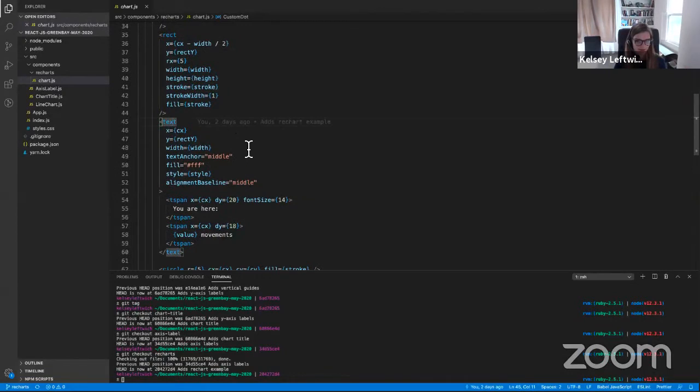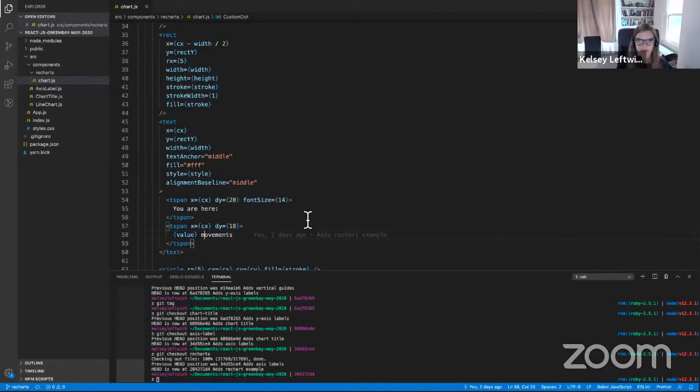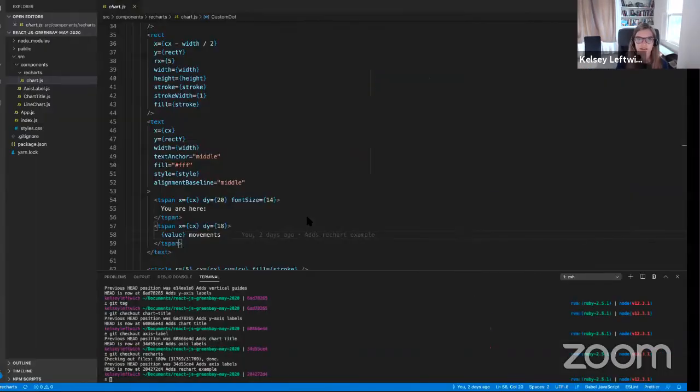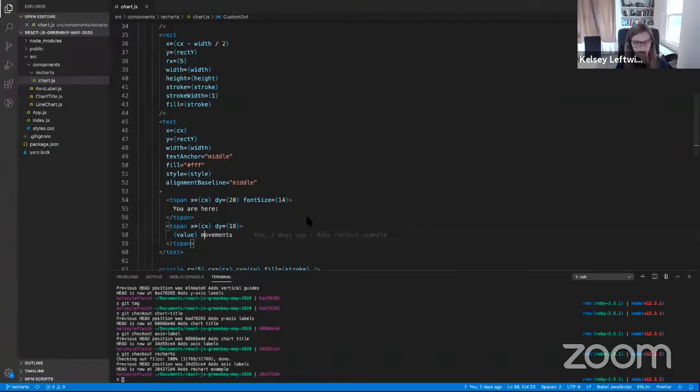Text is another, or I guess I showed you text earlier, but tspan is an element that you can use with text to show your text on separate lines and just do some more nuanced layout with your text within your SVG. And so that one ends up looking like,